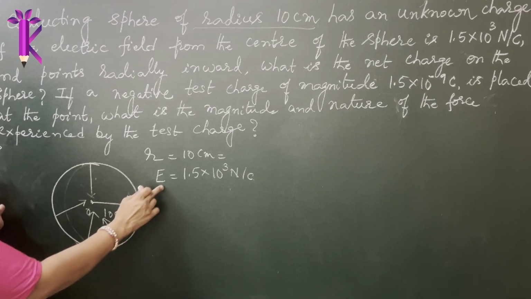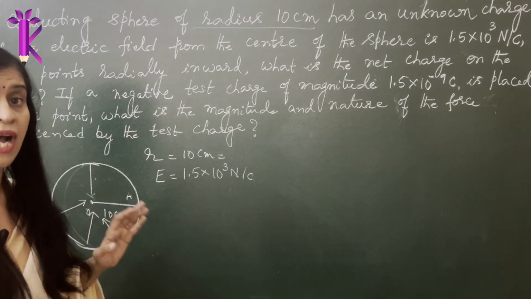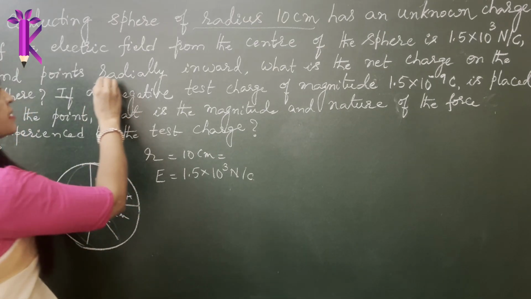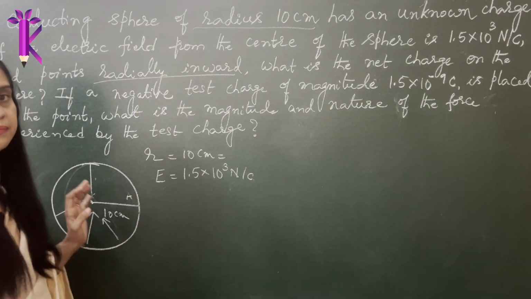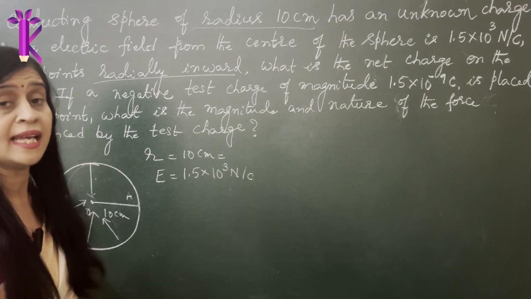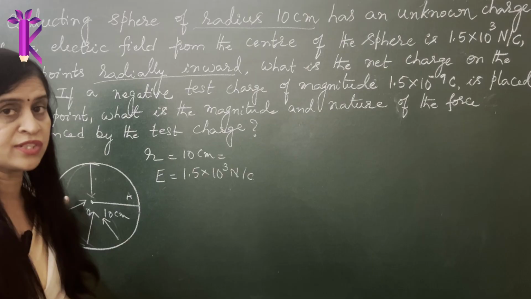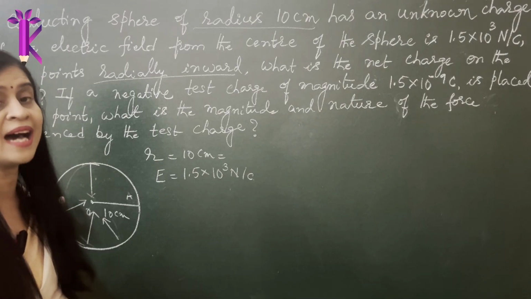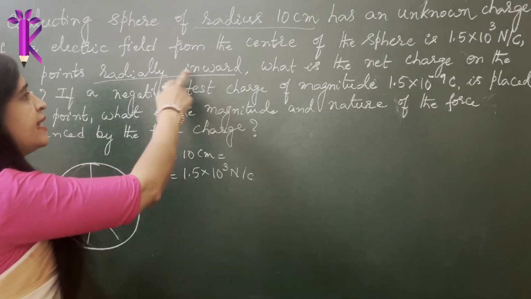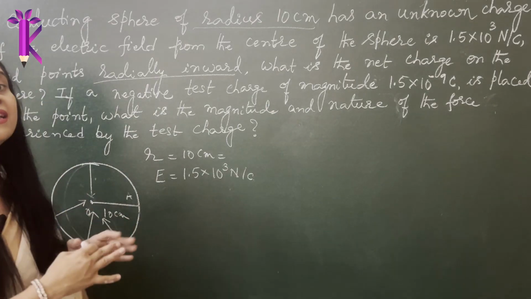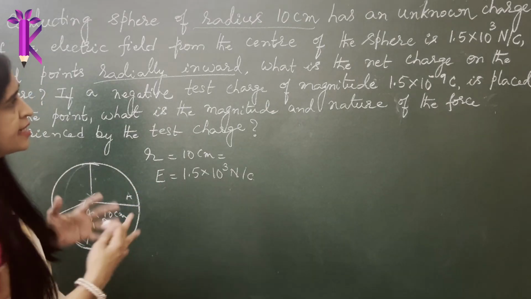So the electric field is created not by a positive charge but by a negative charge, because by this statement saying radially inward, it means that the electric field must be negative. That is why a positive charge, which we call a test charge, is experiencing a radially inward electric field or force, because they are unlike charges. So that's one point we get.